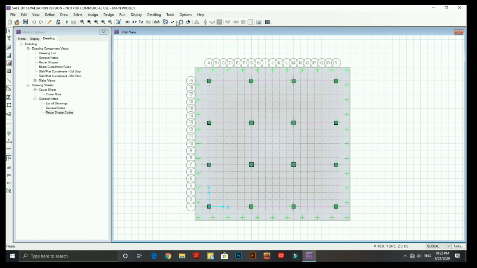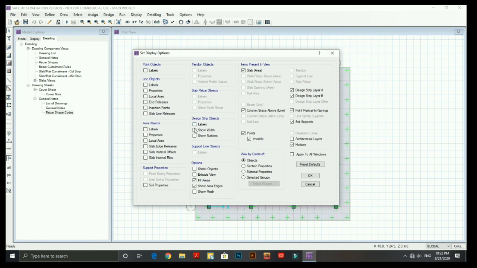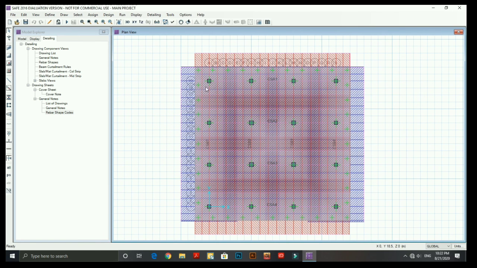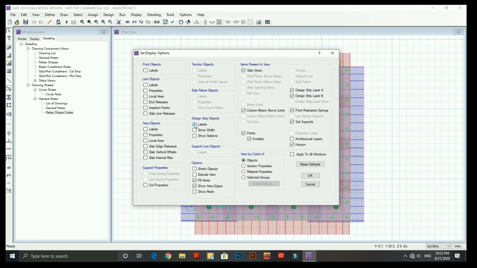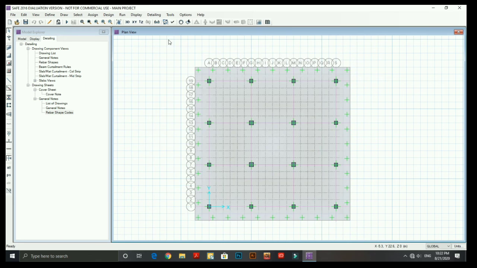Okay, and I just forgot to show you something, so I can show you the actual strip in here in the footing. So by clicking there you can show the actual strip value and the length and the breadth of the strips.